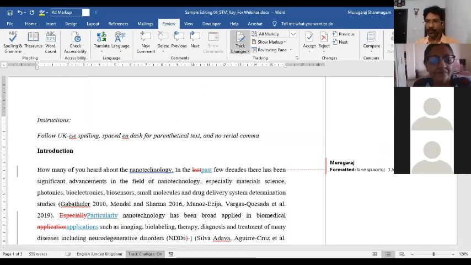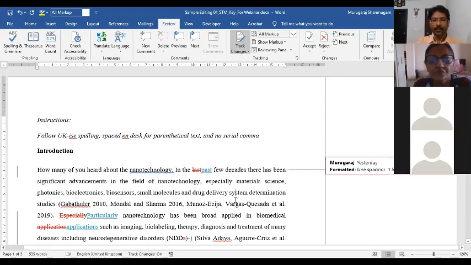Once this is done, you can enable track changes if you want to. If you are going to share a track changes version for review with your author, you can do that. I'll tell you why you should ensure that track changes is off. This is not a problem, but from a different perspective, it is annoying.